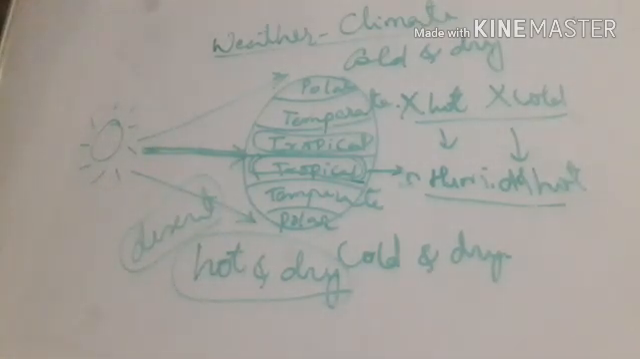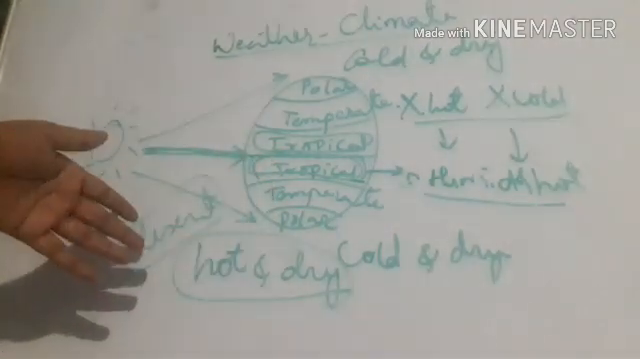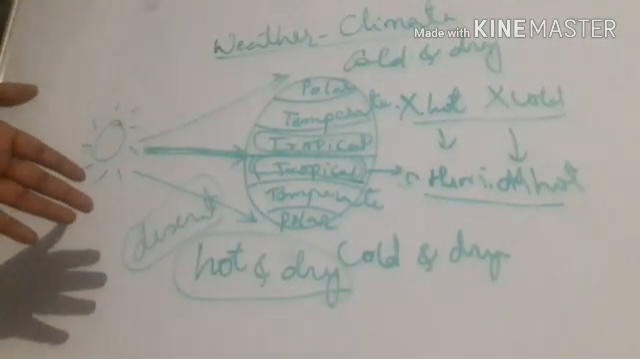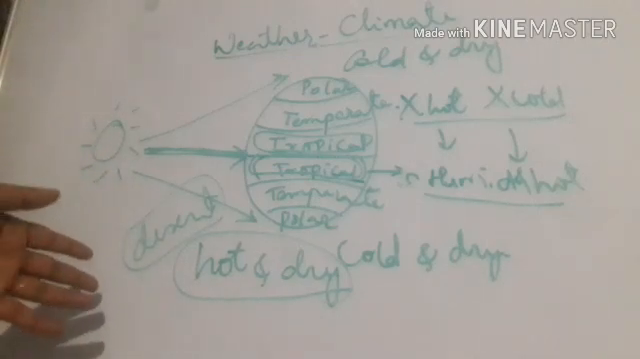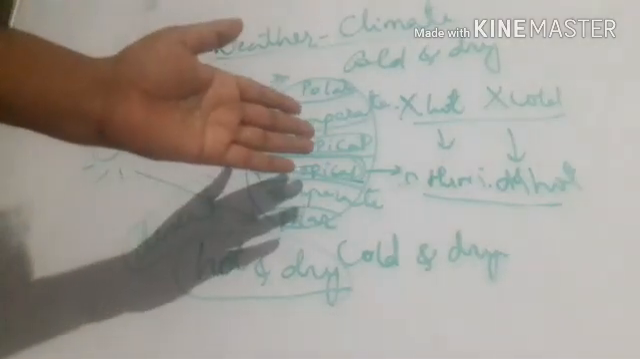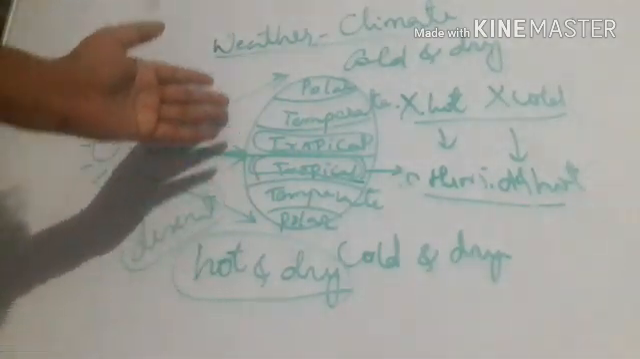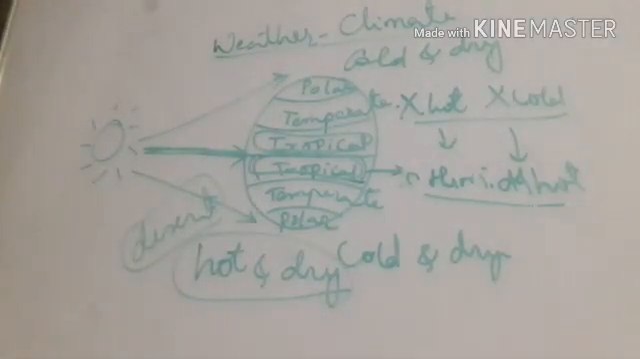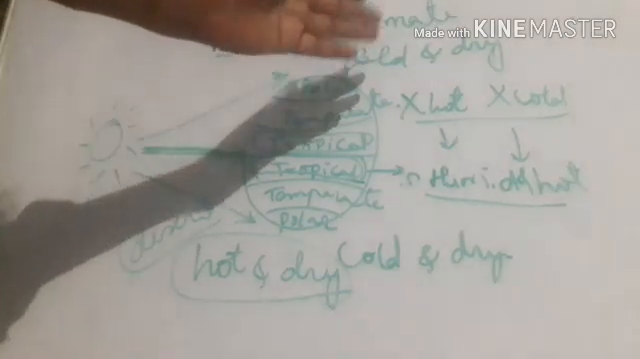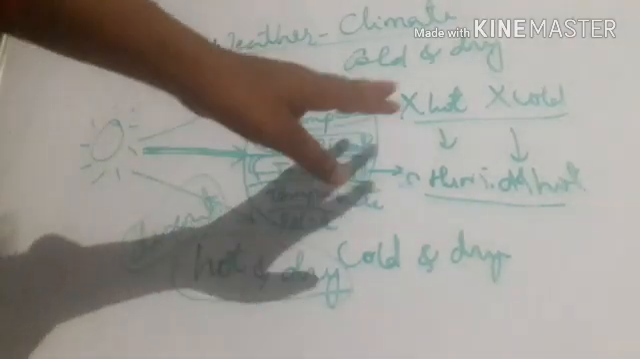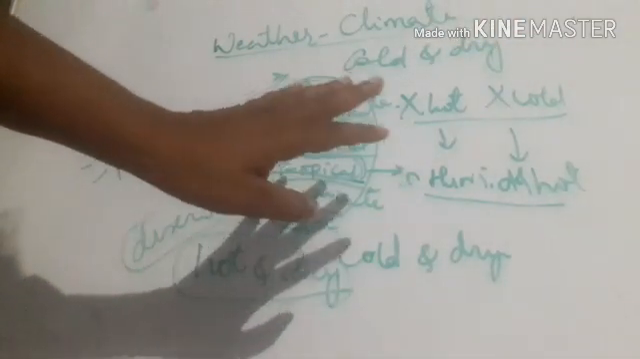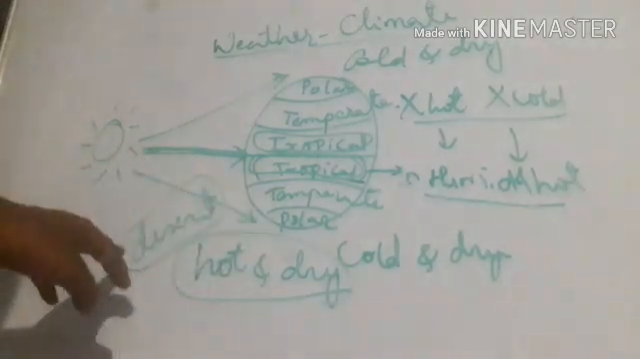So whatever plants and animals are living on the earth, depending upon their climate, they have some adaptations. We'll learn in a further chapter what that adaptation is. So here it is about the different regions on the earth: polar region, temperate region, tropical region, and desert region, and their weather conditions. In the polar region it is cold and dry. In temperate it is not very hot, not very cold. In the tropical region it is humid and hot, whereas in the desert area it is hot and